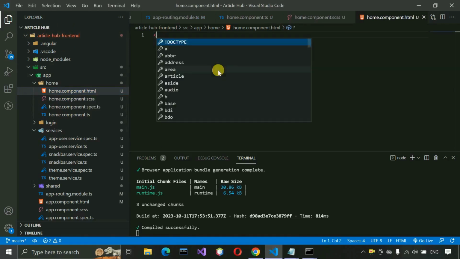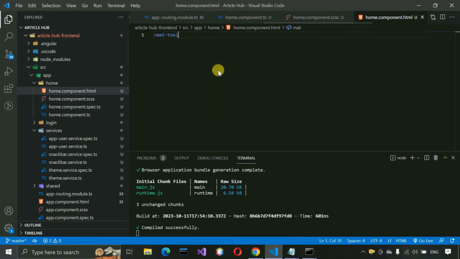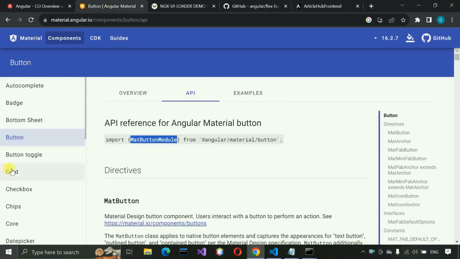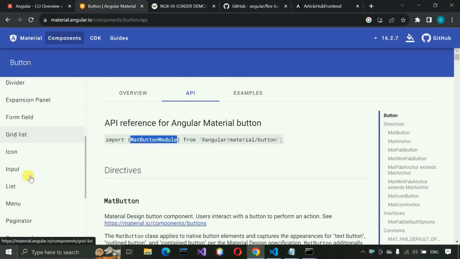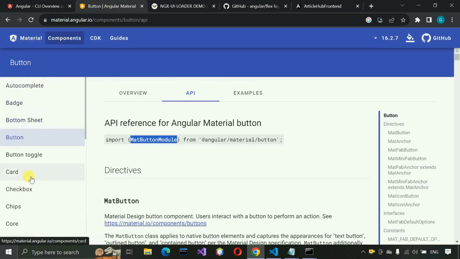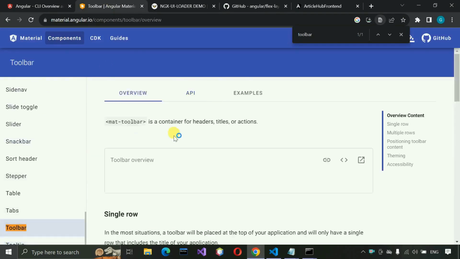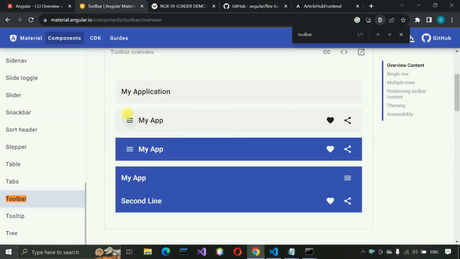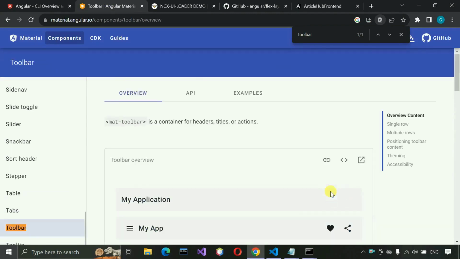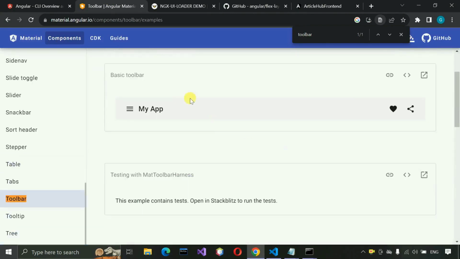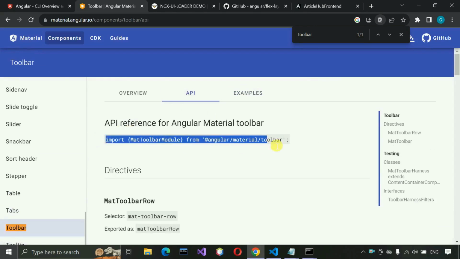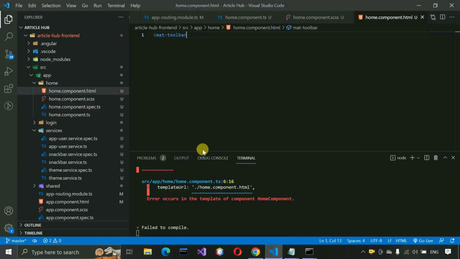Now here we have to write mat-toolbar. This is the component which has been provided by Angular Material. So if I check here, toolbar is there, you can see this one, material toolbar. This one we are going to use as a header. This is a different example, and there are also different types and options you can see, and this is the API we need to import for using this module in our project. So we have already declared it, so we can use it. So close this one,